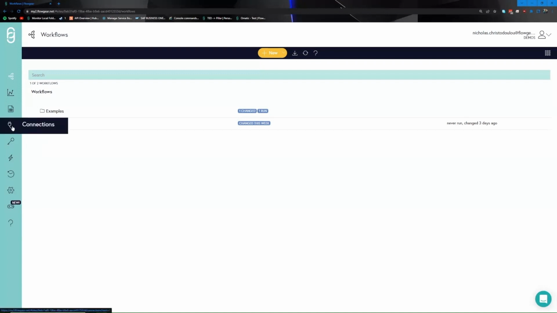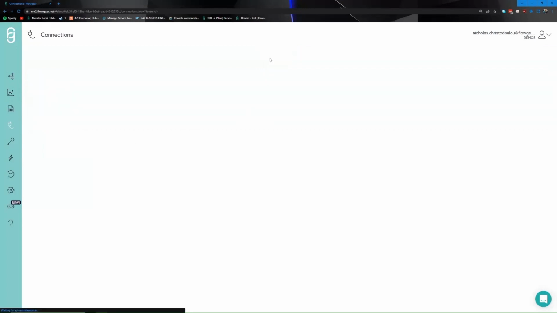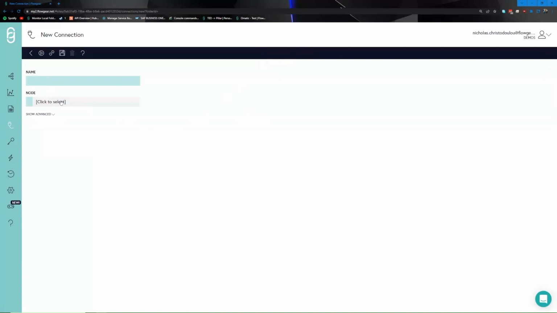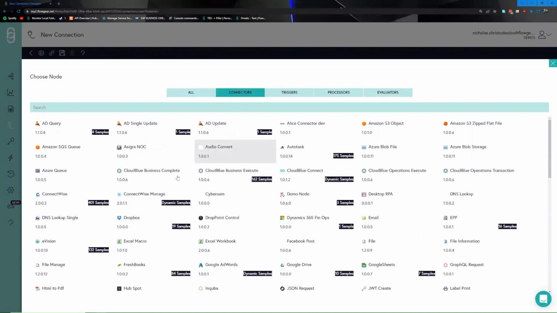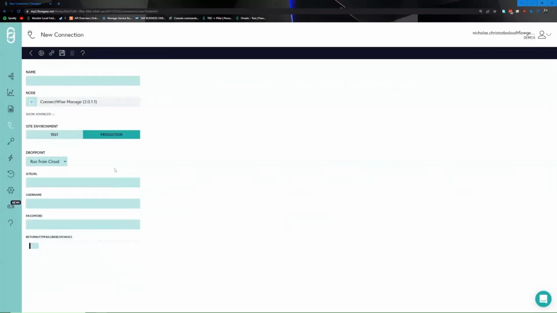Connections, which we can navigate to by clicking over here, are spaces with which you can provide credentials that allow you to authenticate and connect to the systems which you would like to integrate with. We can click on the new button over here and select a particular connector to work with. Choosing any one of the connectors we can see here within the connector section, such as Connect, Manage, you'll see there's a space in which you can plug in credentials that are relevant to